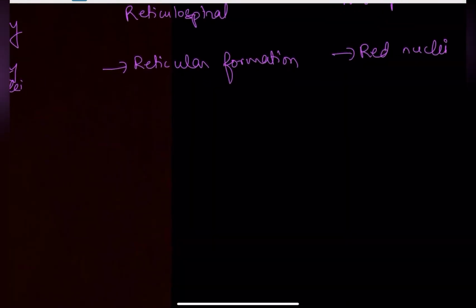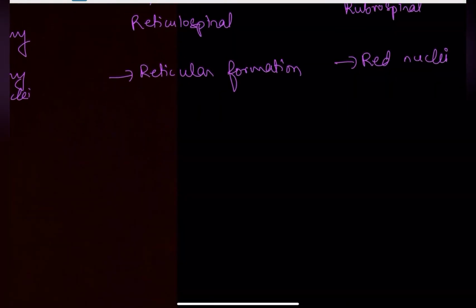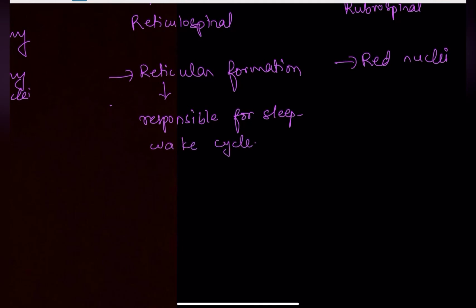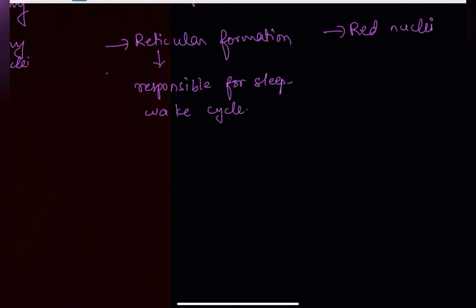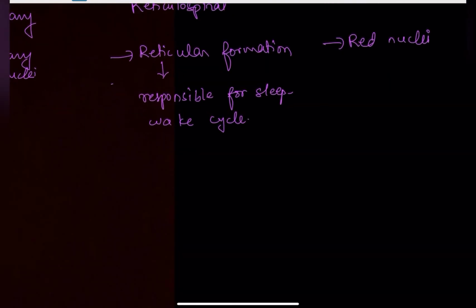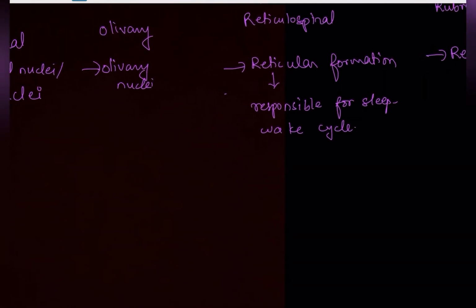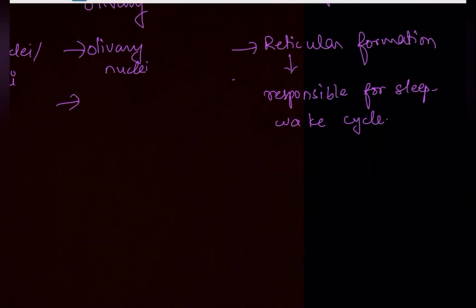Let's do each function. Let's first finish off with the reticulospinal and the olivary. Very easy ones. Now this reticular formation is responsible for your sleep-wake cycle. So if they ask you a question, the person slept for too long, which tract is it? Because of the reticulospinal tract. Understood? Now the olivary function is still unknown, still under research. So function not known.